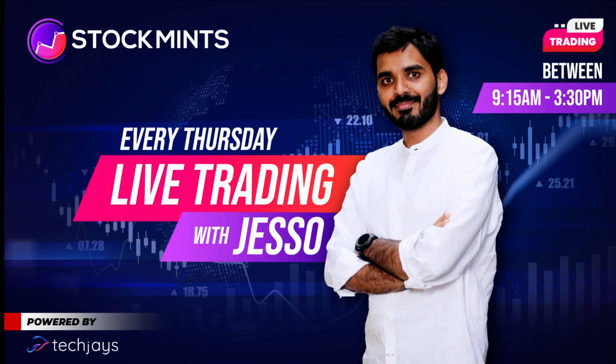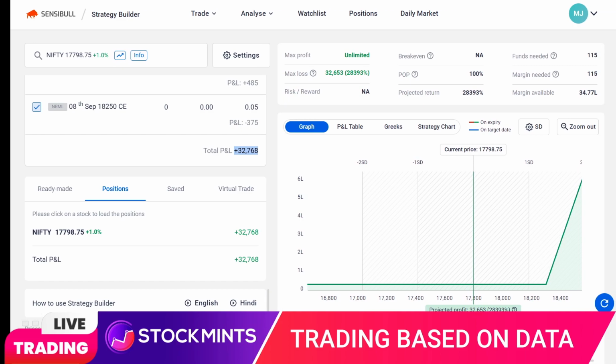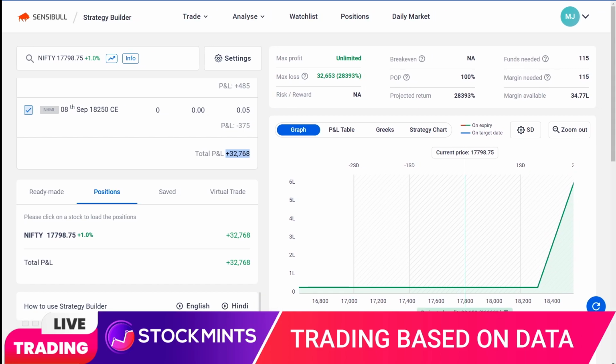Everyone, let's analyze one of our profitable trades. So we had a profit of 32,768 on the 8th of September, expiry day, our most recent expiry day. So as you can see the profit here on Sensible. This is the Sensible interface that we're looking at, a profit of 32,768 on a capital of